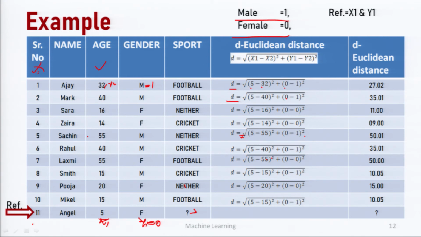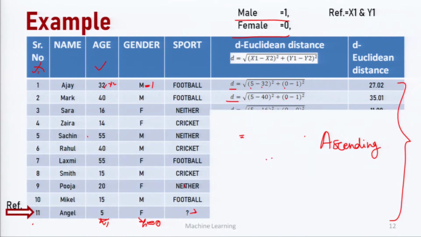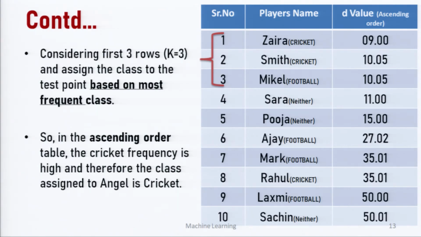We will get a set of Euclidean distances. Now, the next step is to arrange these in ascending order. Basically, here the Euclidean distances are arranged in ascending order, smallest to biggest, and based on our k value which we have calculated earlier, the top 3, where k is equal to 3, the top 3 rows are selected and their class is noted.